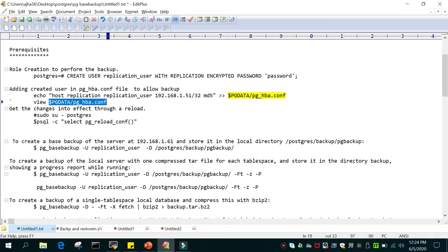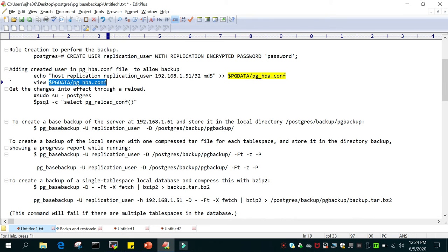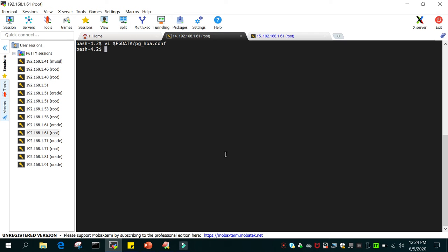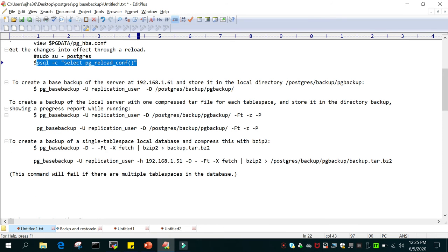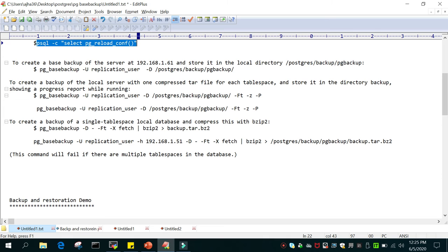Now after that you have to reload this. So we'll say psql -c "select pg_reload_conf();". Just reload this. Yes, this is done. Now we'll see a basic demo wherein we'll say pg_basebackup